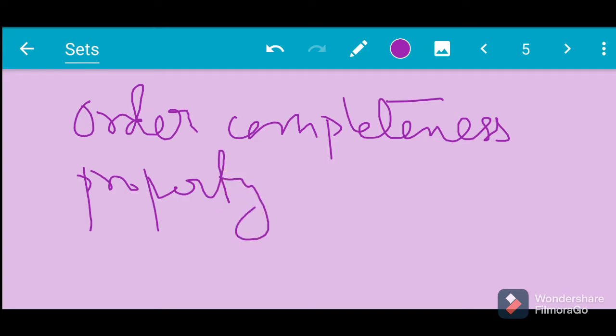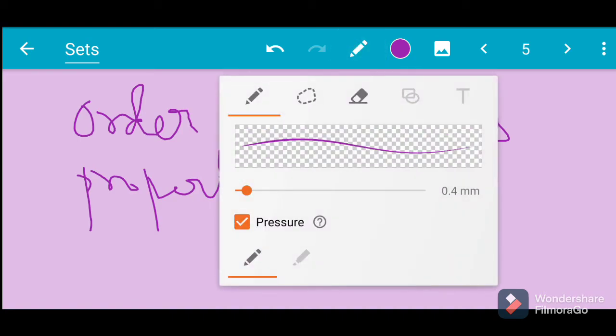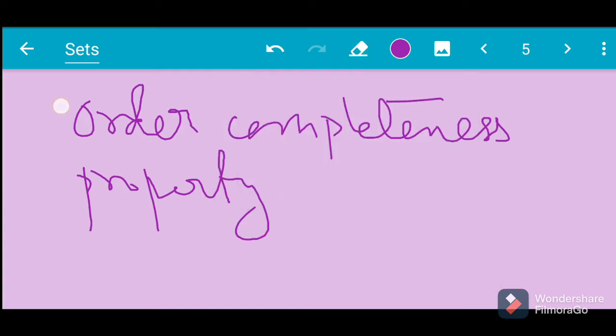It means every set which is bounded above has a supremum, and if it is bounded below, then it has an infimum. So whatever real set we are considering must contain a supremum or infimum. Okay, so with that,